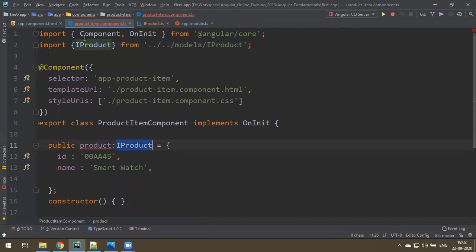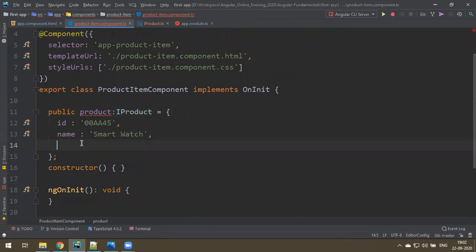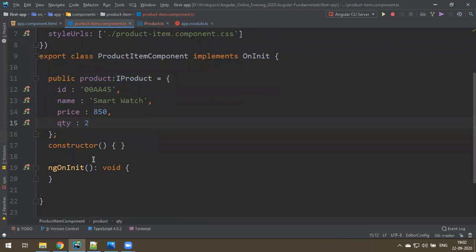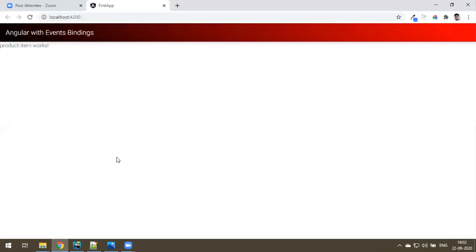iPod, it came. See, okay, yeah. Name and price. I'll just take some 850 rupees. This number and quantity, I'll make some 2. I have that, okay, just for only one row I display. So for that, I have this data, and I want to display this data nicely in a table format